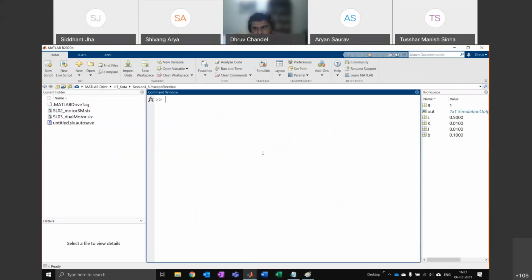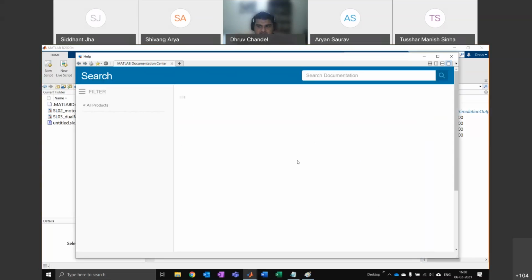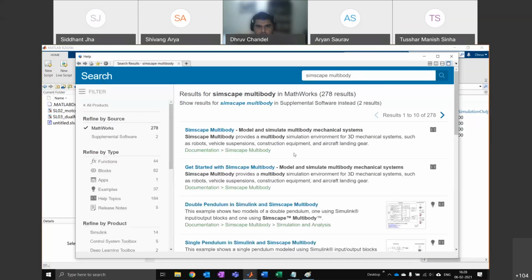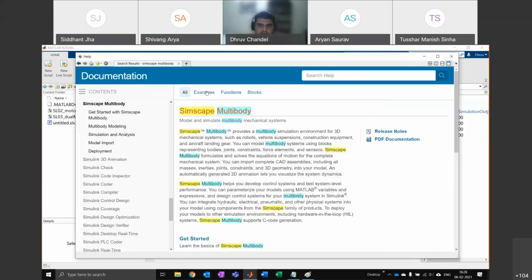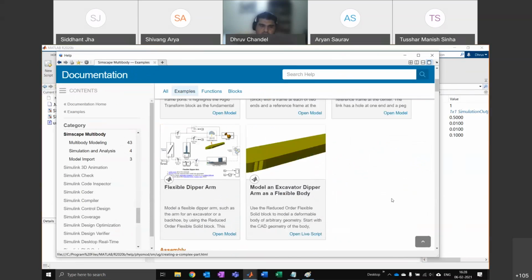So again, the best place to begin is the documentation. Type doc Simscape Multibody. The documentation in MATLAB basically contains everything you need to know. There will rarely be anything that is not in the documentation. Otherwise, you can still find it in the videos and tutorials we put online.